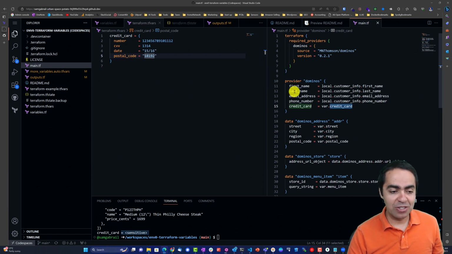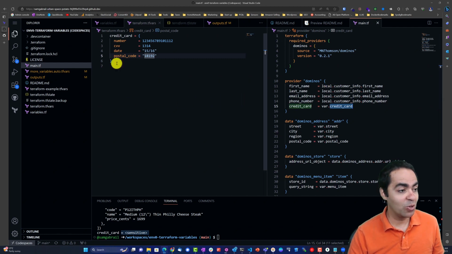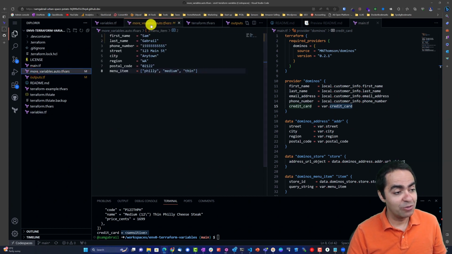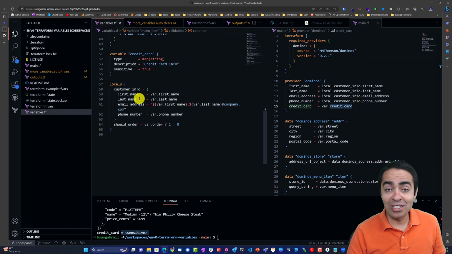We're also referencing the first name, last name, email address, and phone number using the local variable. If you recall, the local variable definition was down here, and we assign its values from the other variables. So the first name is grabbing the first name variable, which was found in the more variables.auto.tfvars, which is Sam, last name is Gabriel, and the phone number, street, and everything else. That is getting pulled into the local variable